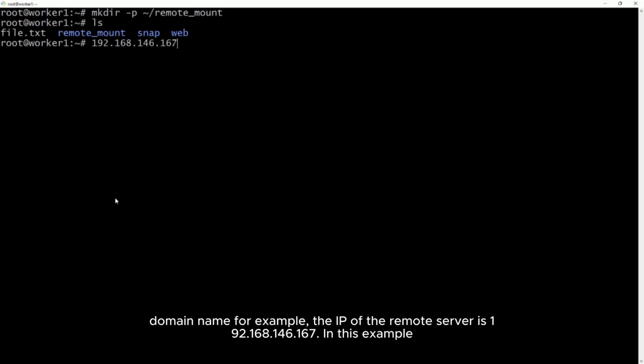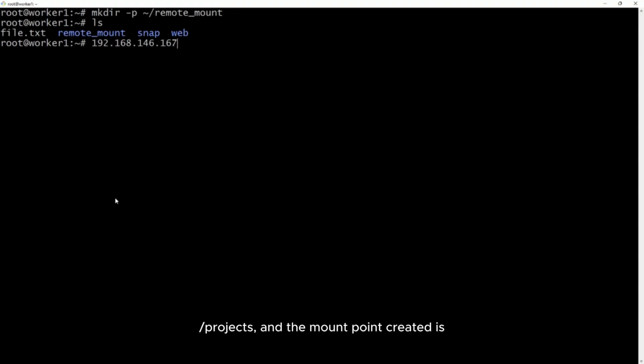In this example, the remote server runs the OS CentOS 9. Okay, the directory to mount is process, and the mount point is remote mount.